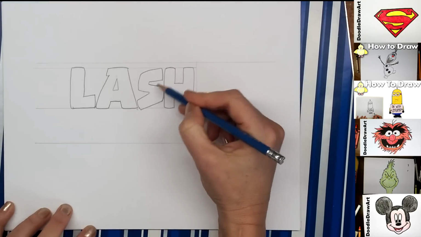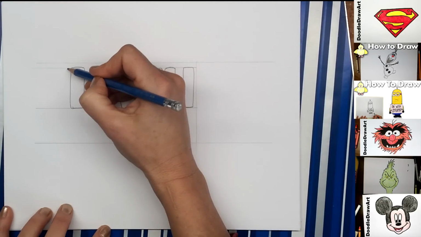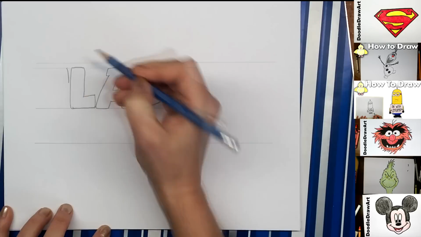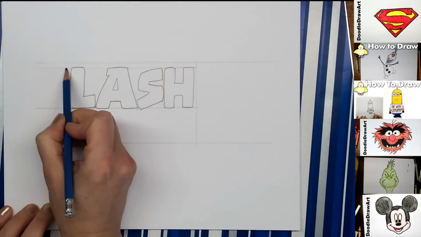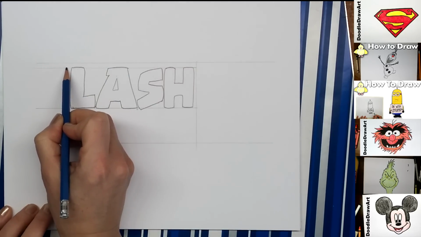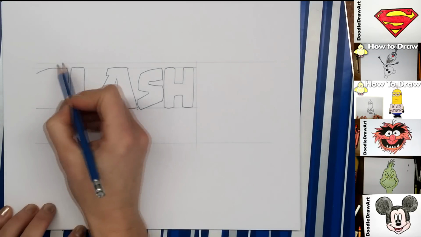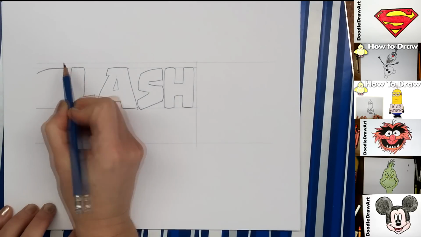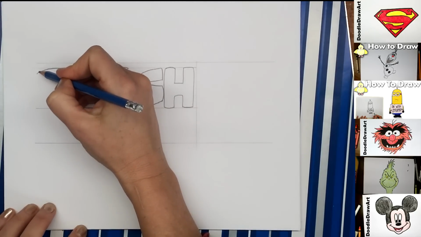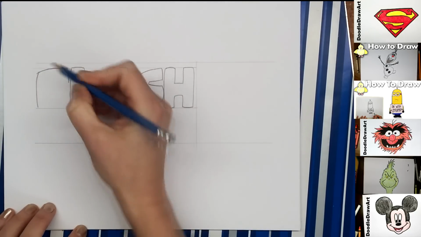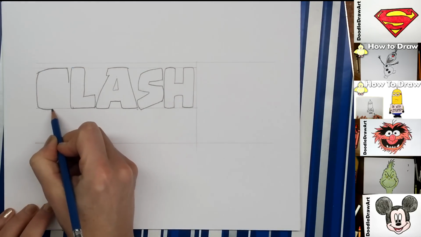We'll be adding in all the three-dimensional lines here in just a few minutes. Now for the C, we're going to start at the top with a nice thick line. And we're going to come all the way over like this. Now again, we're going to angle a slight bit away from this top line on the way through the C, just like so. And then we're going to bring our curve down to this bottom line and curve around until